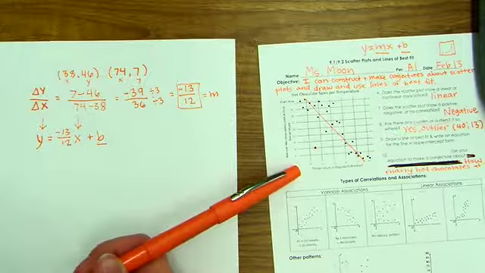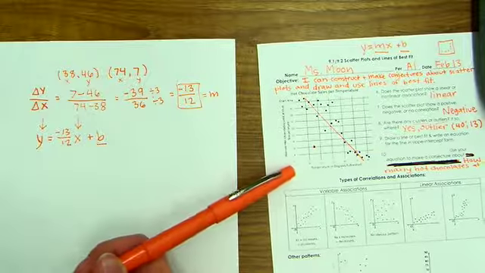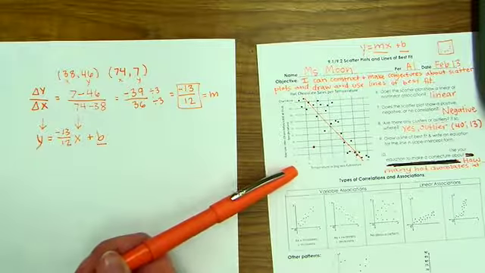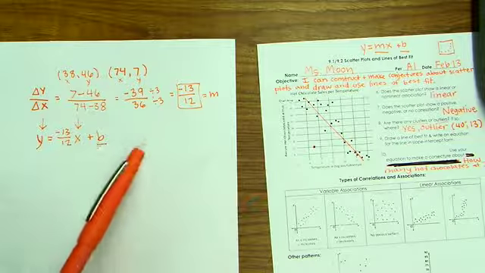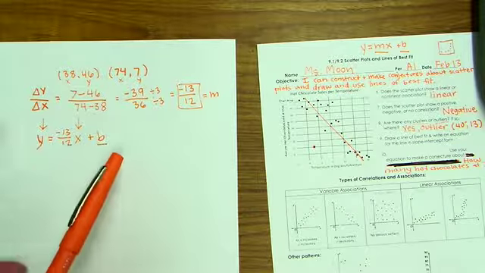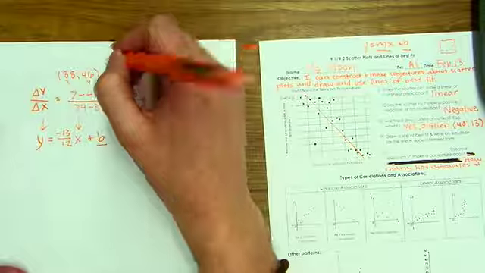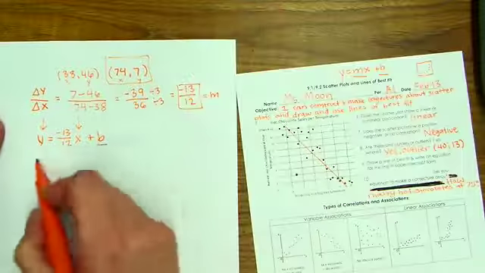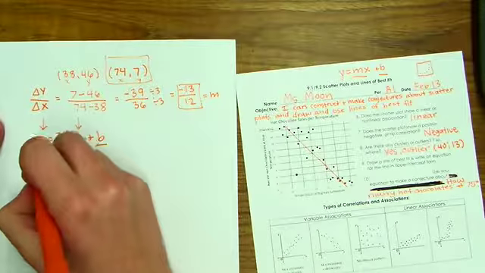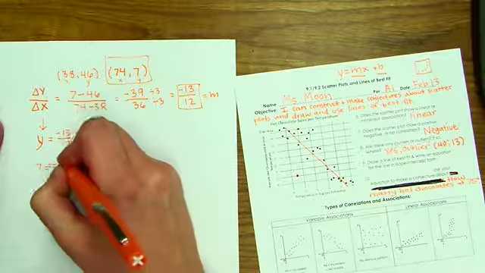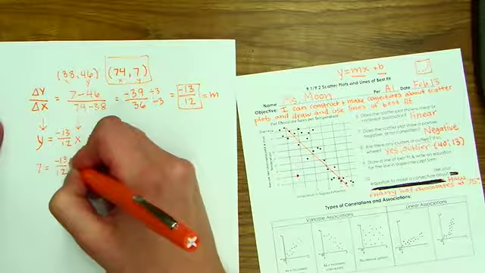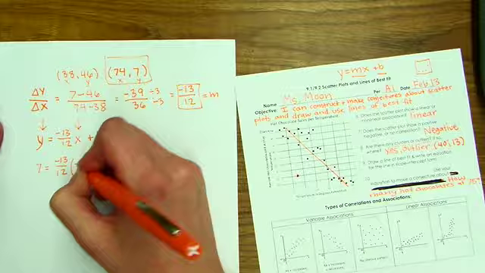The reason I'm doing it this way is because on our graph, we can't actually see the y-intercept. It only is showing down to 25 degrees on this graph. So I'm going to use the equation to find my y-intercept. Well, why don't I use this point that I already found and plug it in for this situation. 7 equals, so I got that from up here, negative 13 over 12 times x, which is 74 in this